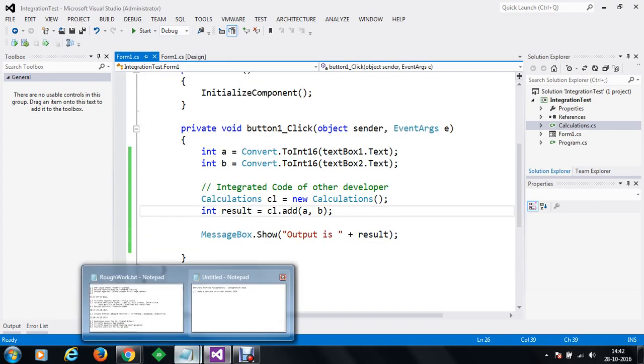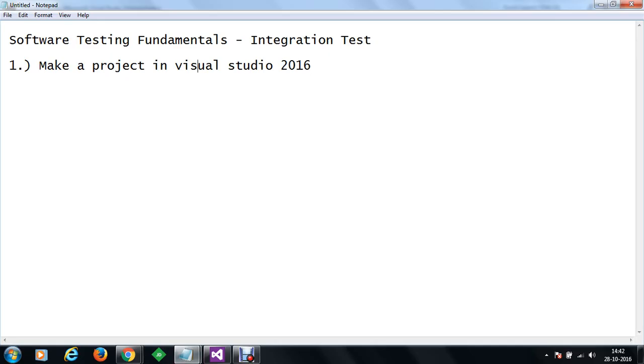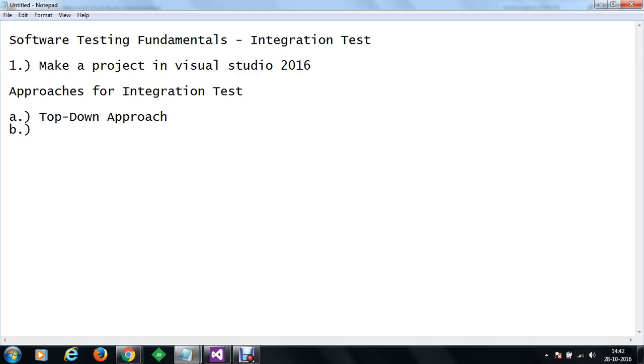We have two approaches for integration tests, and here I would like to tell you the approaches. The first is the top-down approach, the second is the bottom-up approach, and the third is the mixed approach, which is actually a combination of top-down plus bottom-up.